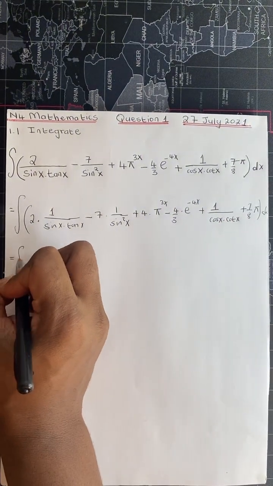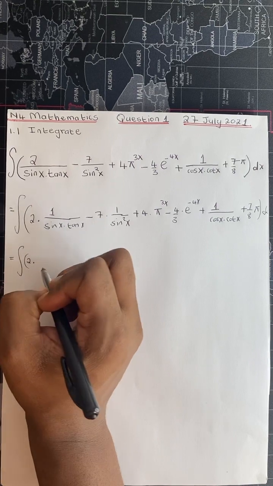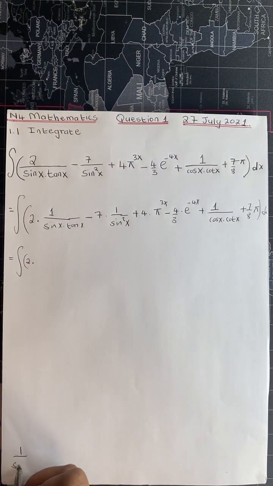So this will be equal to the integral of 2 multiplied by, so we know that 1 over